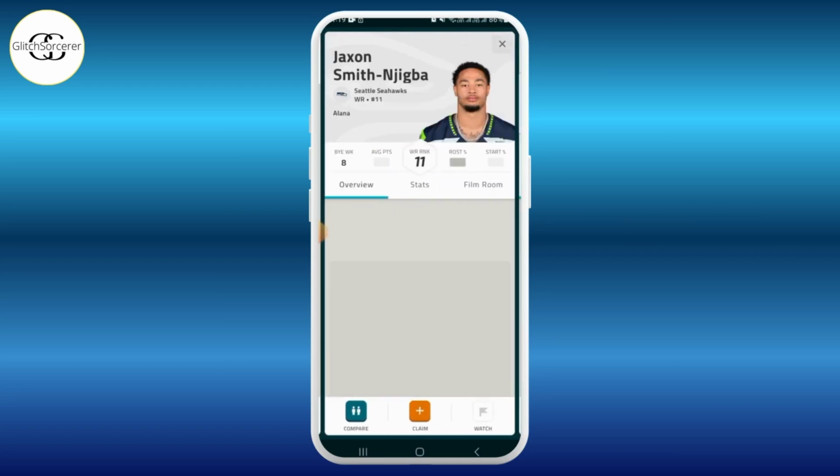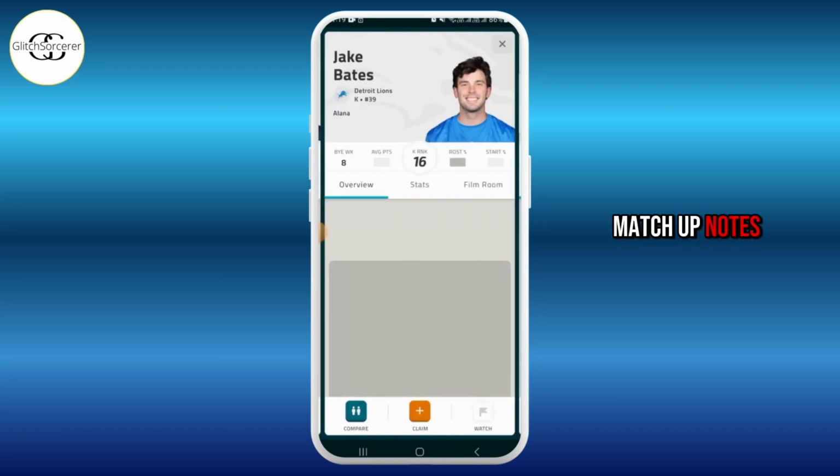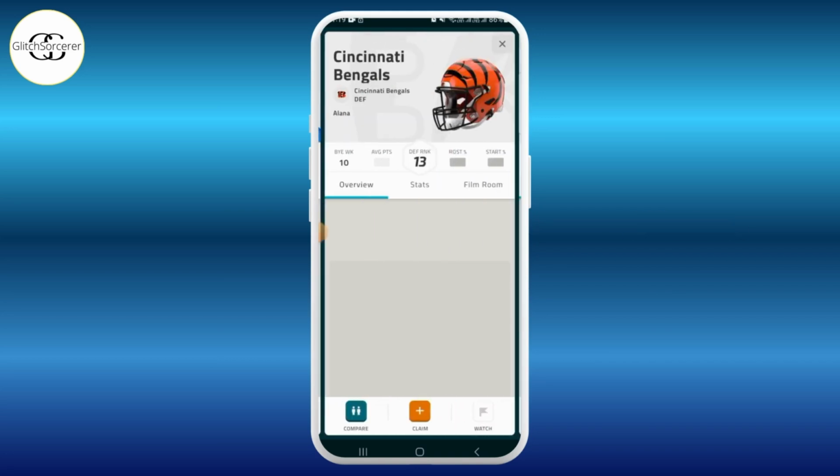that position. You can tap on the player's profile for a deeper look at the matchup notes, projections, and game previews. And that's it. That's how you check weekly opponent rank in the NFL Fantasy app so you